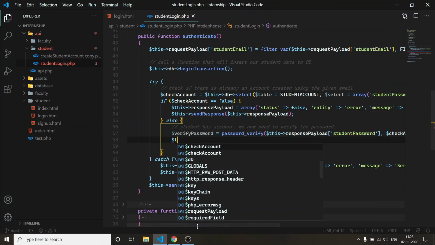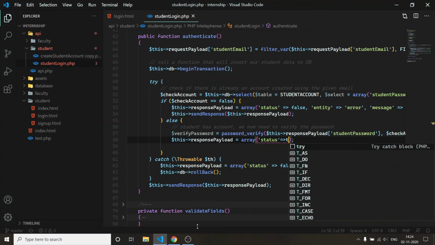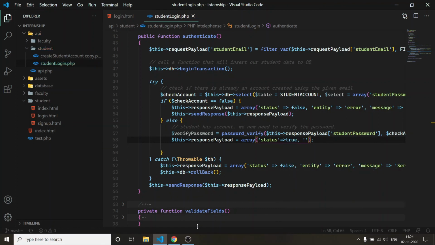Cool. So now if this password is validated, let us create a dummy variable here, which would mean this response payload is equal to array, and we'll say verified, status is true, entity is success, and the message is verified.